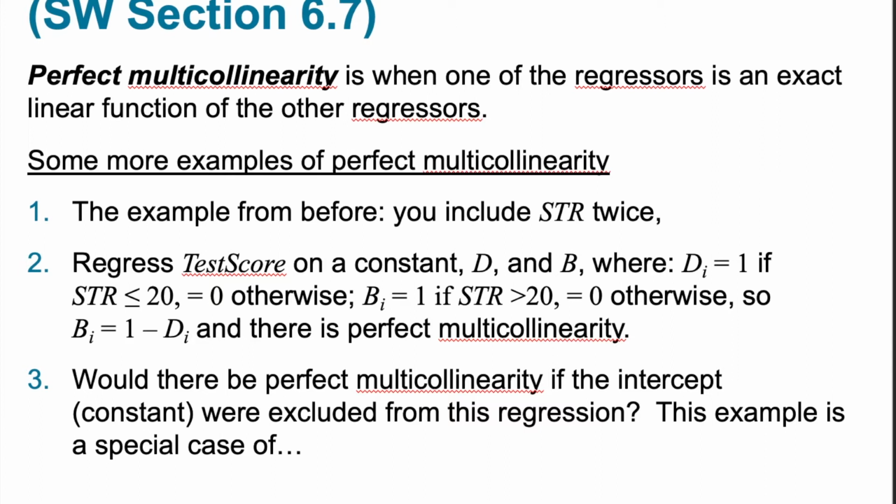So perfect multicollinearity, again, is either where you have a variable included twice in the regression, or you have two variables where one mirrors the other, but maybe they have different names. And in that second case, they are moving in lockstep with each other, one-to-one, whether they are dummy variables or not dummy variables. Now, when we are working with dummy variables, things can get a little bit more complicated,